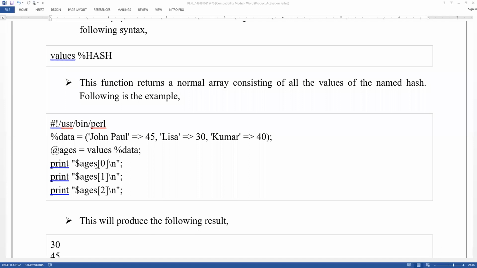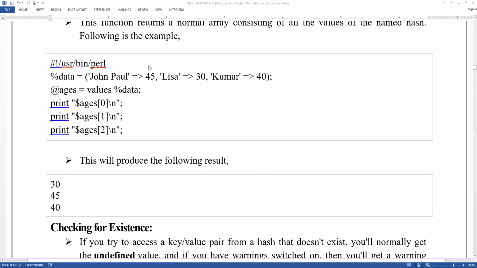It will be fetching from the 0th location, who will be present? John Paul. The first position, who will be present? Lisa. And the second position? Kumar. So the ages of these people were printed. Like this we are getting the values and keys data from the hash.